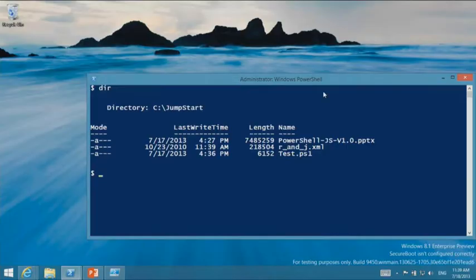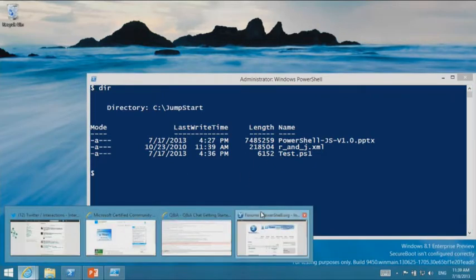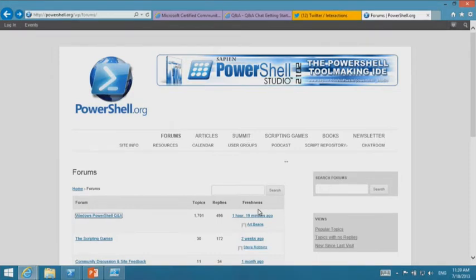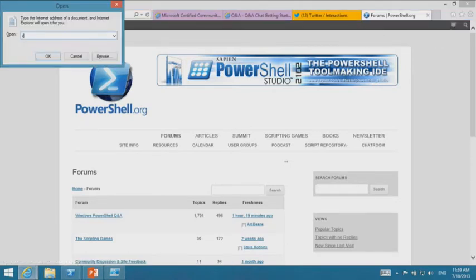So here I've got this XML file, okay? So rnd.j. So let's see if I can actually bring that up. So can I do this? Open. Can I do an open? PowerShell.org. Yeah, we'll talk about that. That's cool. We are, but let's see. Can I do an open? Okay, yeah. So I want to say C jumpstart